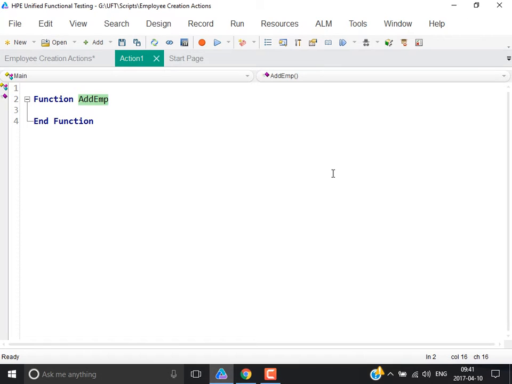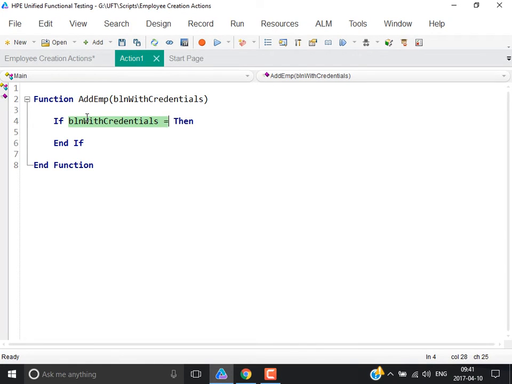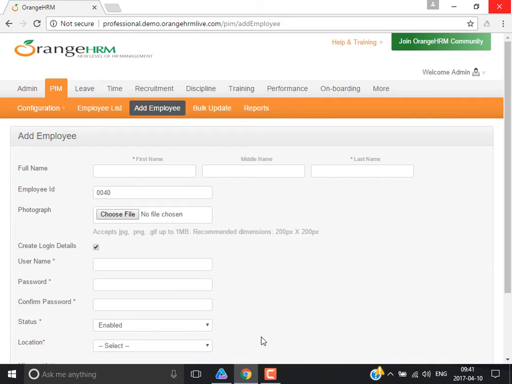I'll say add employee, with credentials. I'm creating one argument. Now when you're calling this function, if you give yes for this argument, it should be with the credentials. So you can add the condition like this inside the code. If this is equal to yes, then you write the script for